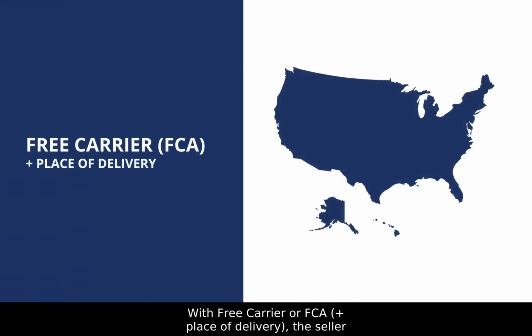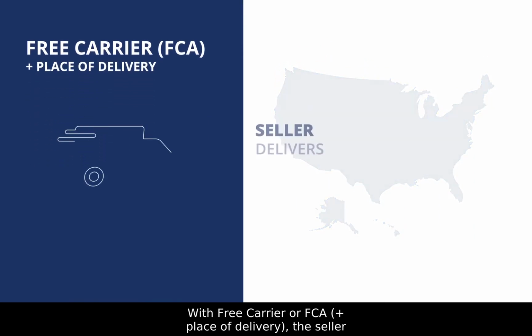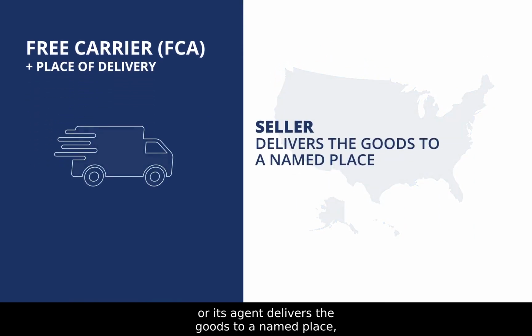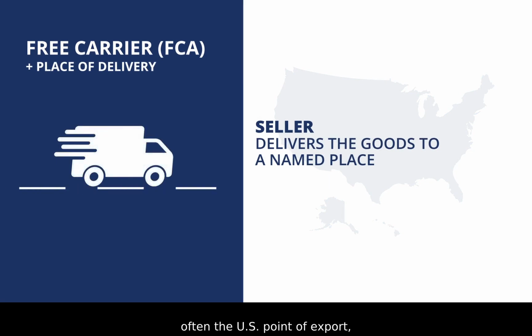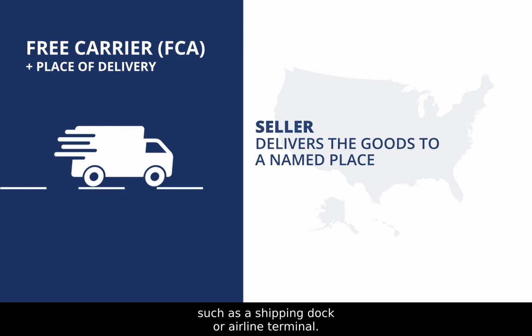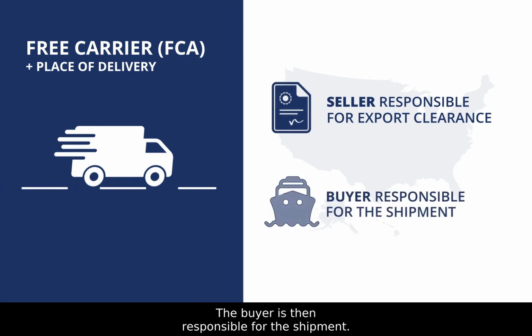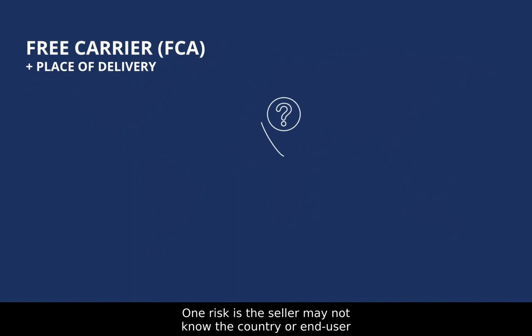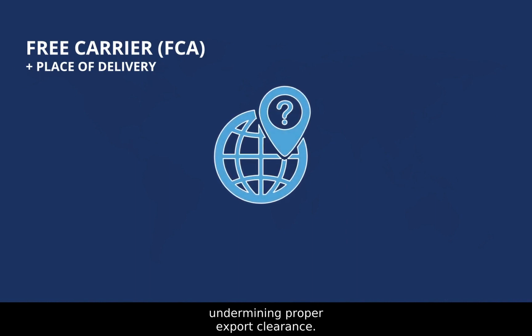With free carrier or FCA plus place of delivery, the seller or its agent delivers the goods to a named place, often the U.S. point of export, such as a shipping dock or airline terminal. The seller is responsible for export clearance. The buyer is then responsible for the shipment. One risk is the seller may not know the country or end user that will receive the shipment, undermining proper